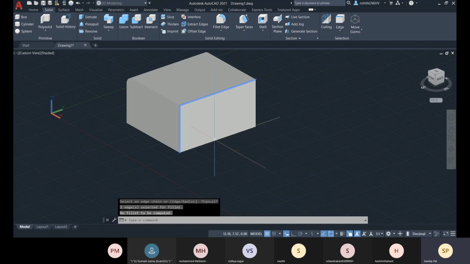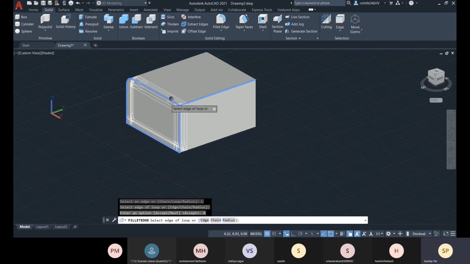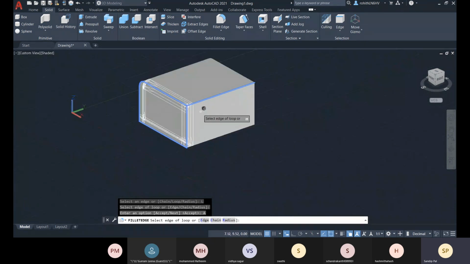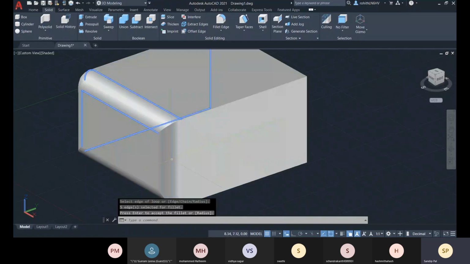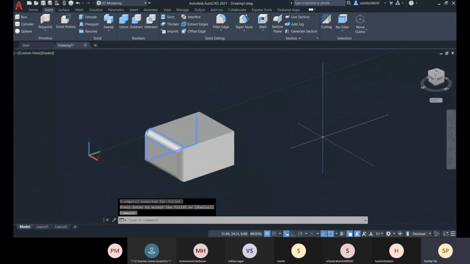You can select the chain, and we have the loop option, so you can go for the whole loop, shift like this together, and you press enter and enter like this. It will be done here.